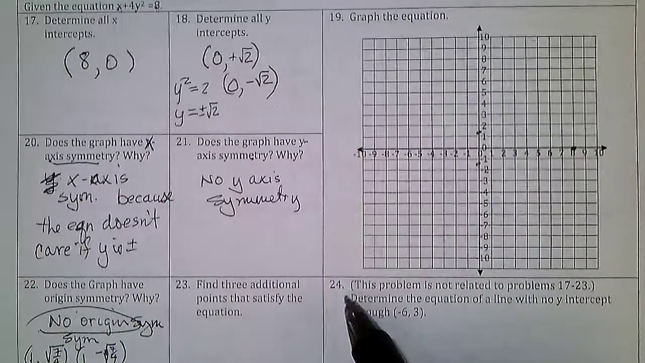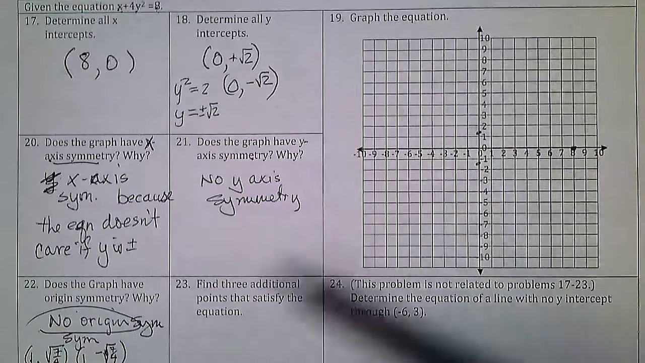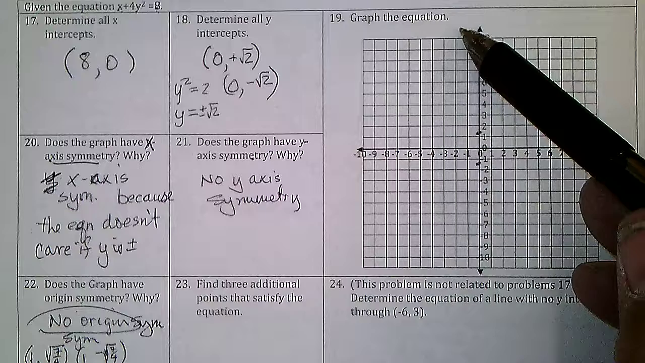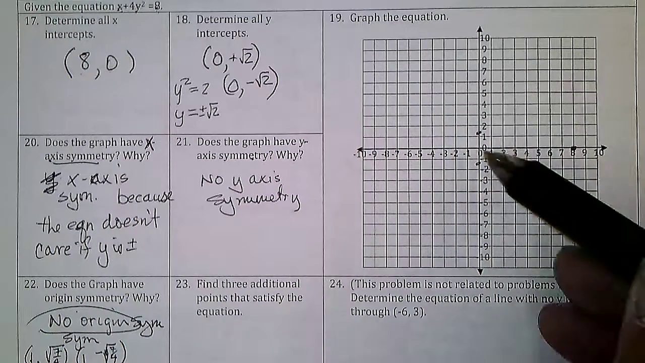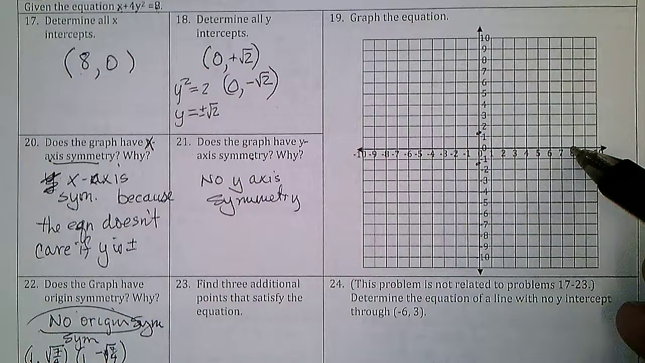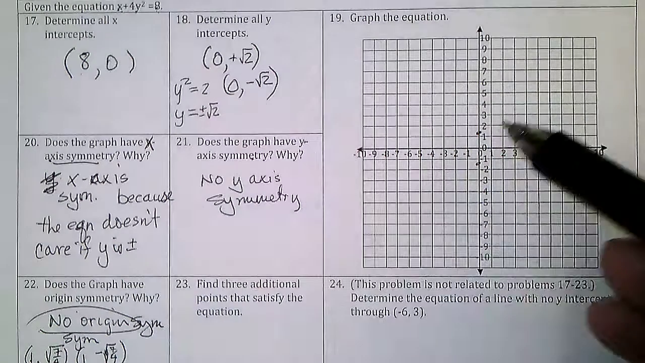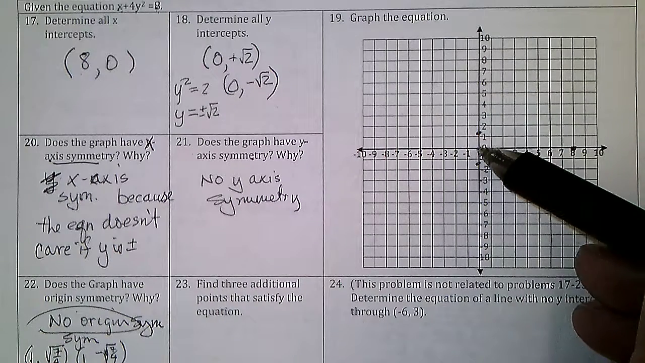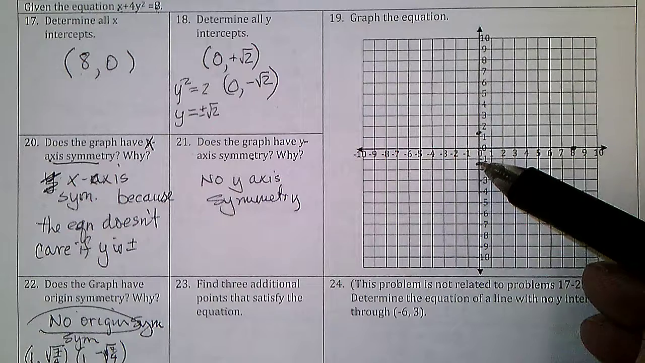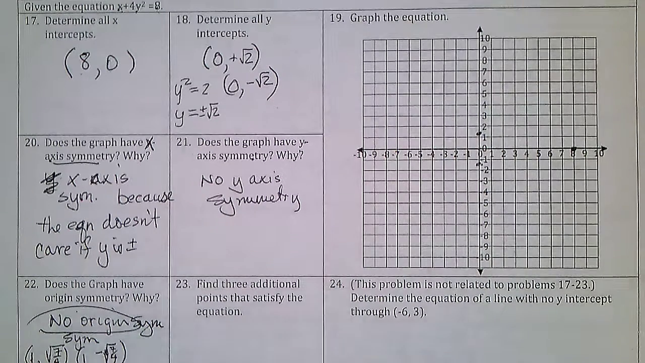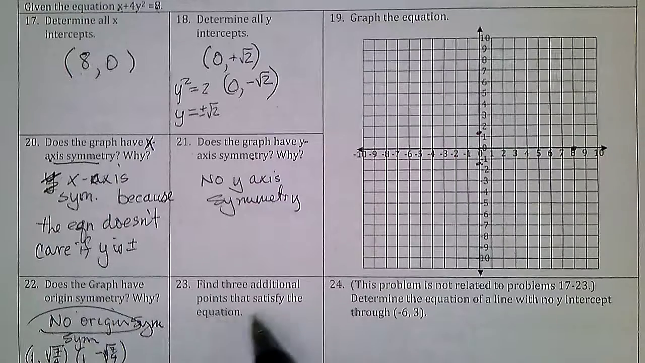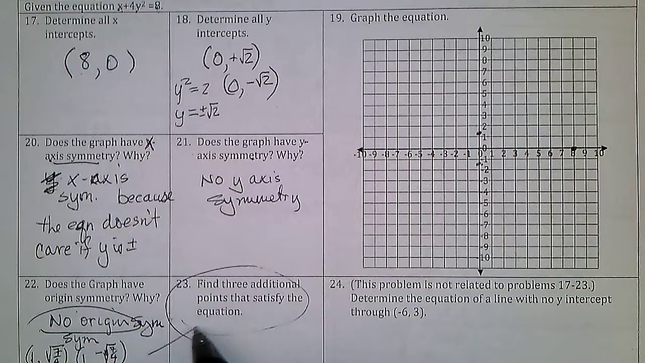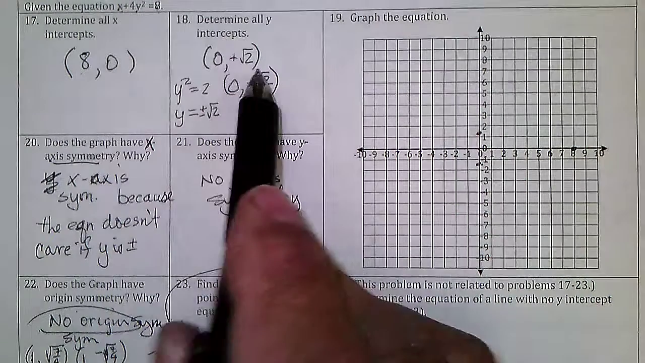Okay, now let's see if we can graph what we have here. So we have 8, 0: 8 in the x, 0 in the y. We had 0 plus the square root of 2, 1.4, and 0 minus the square root of 2. And when I did this, checking the origin symmetry, I created some more points, which actually would satisfy this. This is 3 additional points besides the